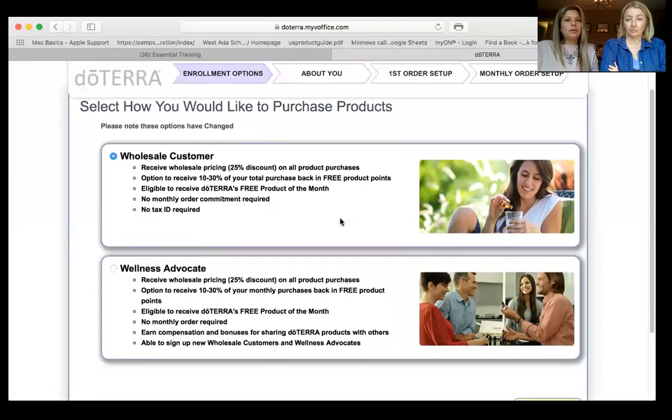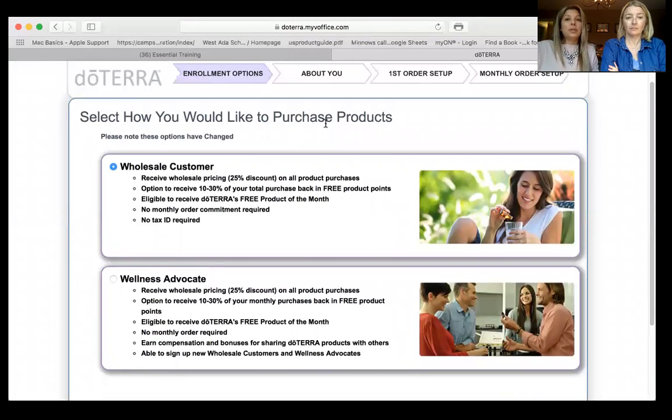So in here, select how you would like to purchase the product. So you will let them know, obviously, that the wholesale customer, they will receive the wholesale pricing of 25% discount. The option to receive the 10 to 30% back through the loyalty rewards.